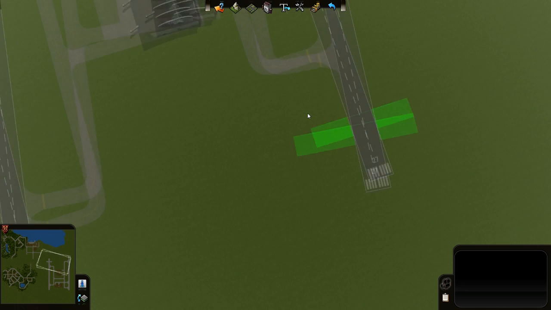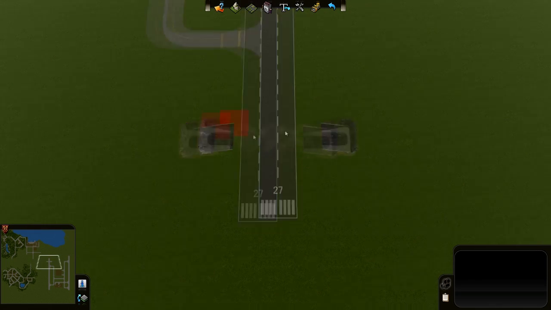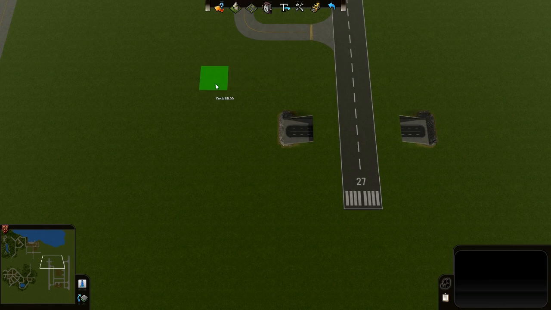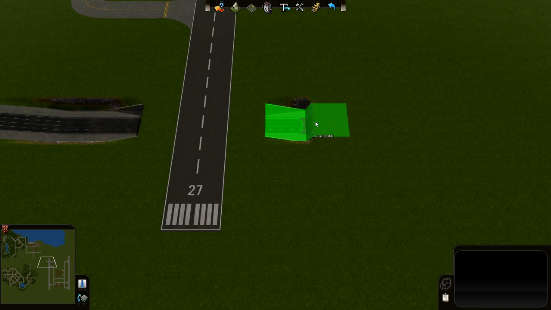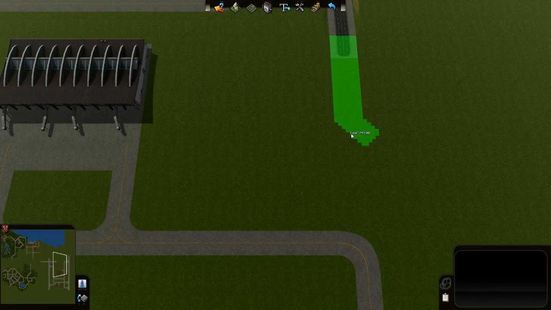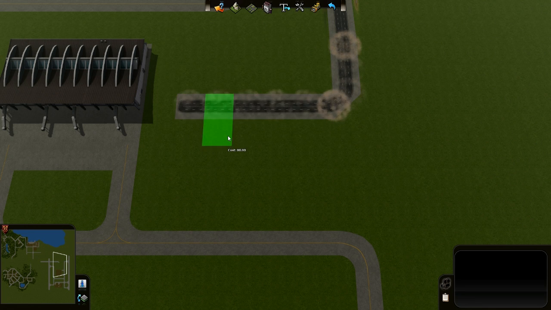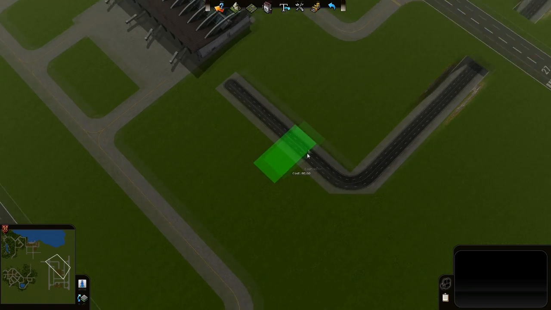Start 2 tiles before the actual runway, so it sits in the middle of the tunnel, and then you connect it to the regular road, so it will slope nicely up here. Let's do the same here. And let's do something like this, and I'll have plenty of space for parking lots here, and